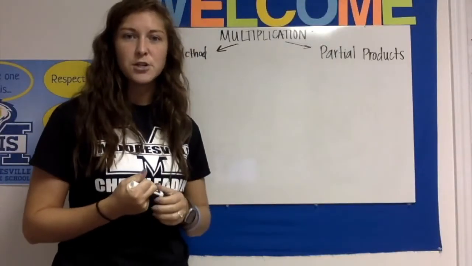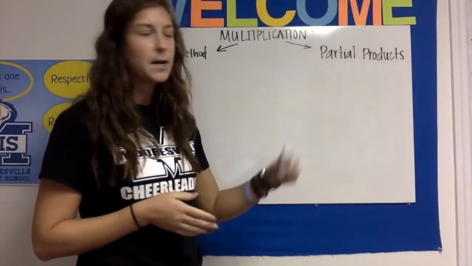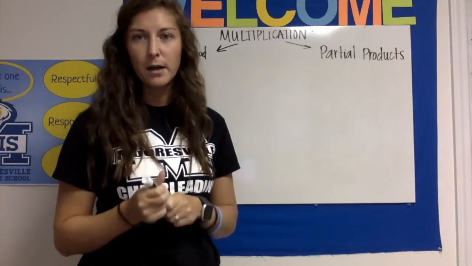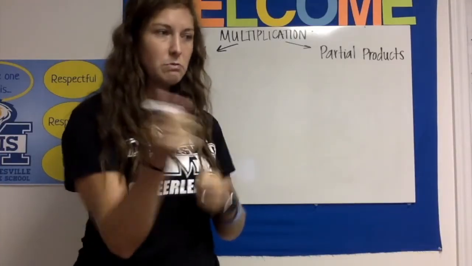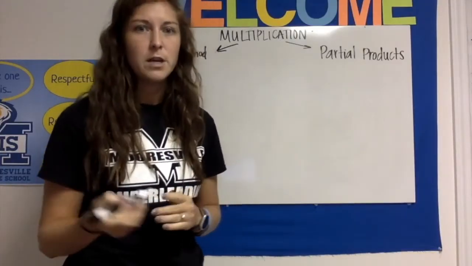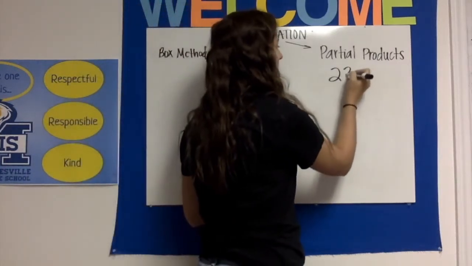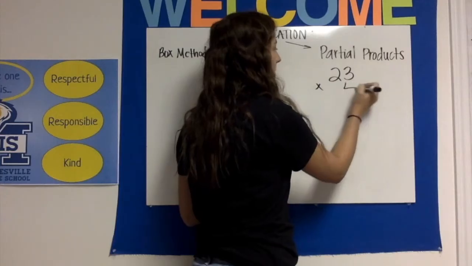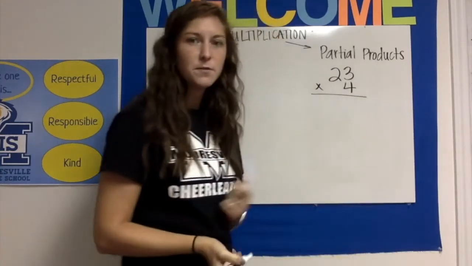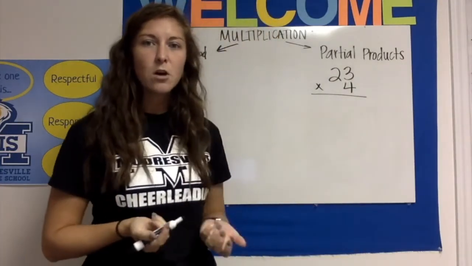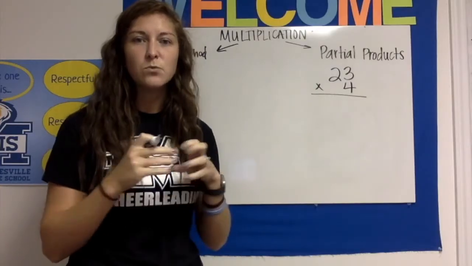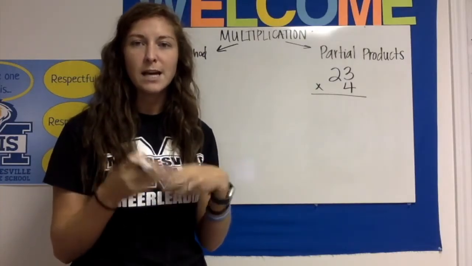The next strategy for multiplication that we are going to talk about is the use of partial products. So I am going to start with the equation 23 times 4. And when we solve using partial products, again, we have to pull numbers apart using that standard